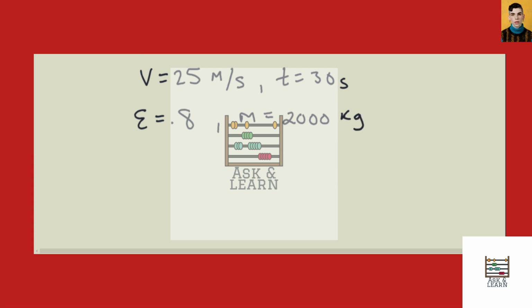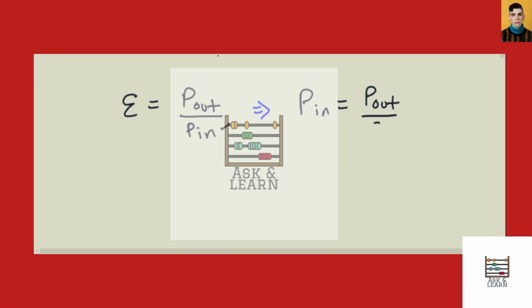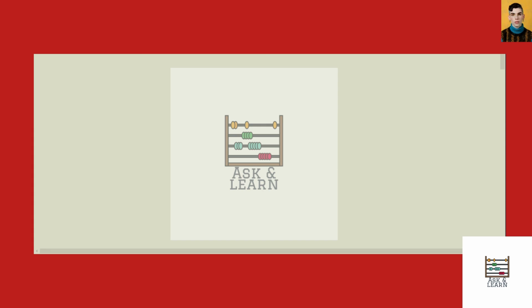When we're dealing with engines and power, it's important to know that the efficiency of that engine is equal to P out divided by P in. P out is the power that the engine exerts. P in is the power that the engine supplies, and this is what we're trying to solve. So solving for P in, we get P in is equal to P out divided by epsilon, the efficiency of the engine. So we know that P out